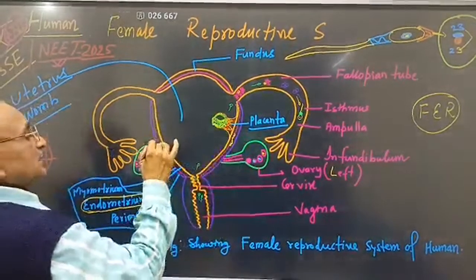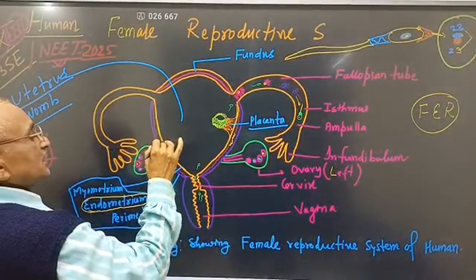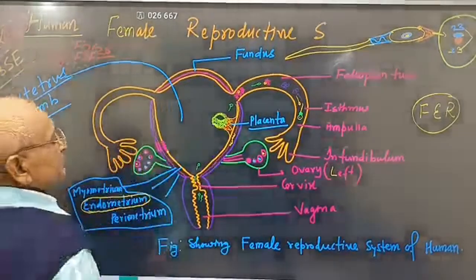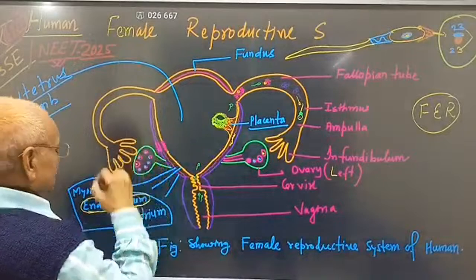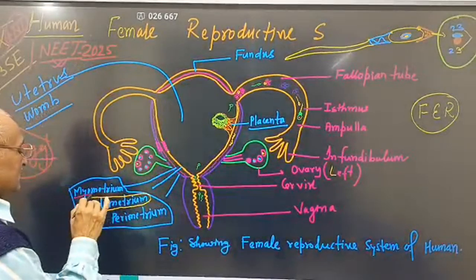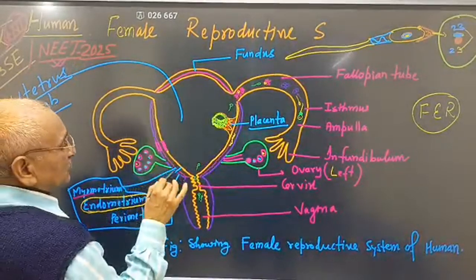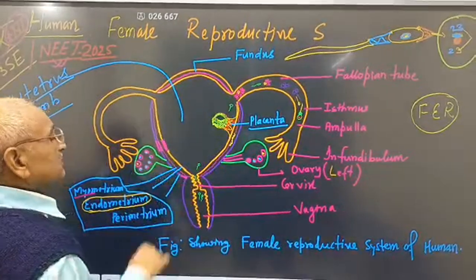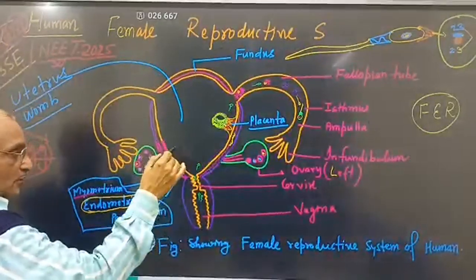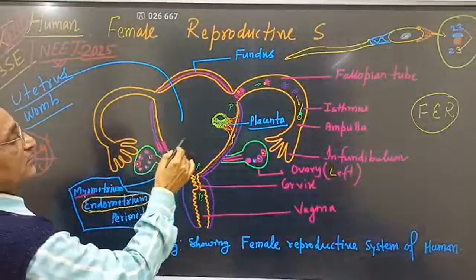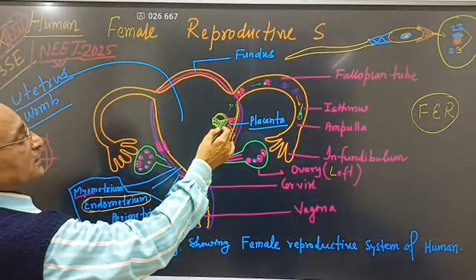The uterus is lined by three layers. The inner layer is called the endometrium, the middle layer is called the myometrium, and the outer layer is called the perimetrium. So there are three layers, and all have their functions. The endometrium helps to implant the